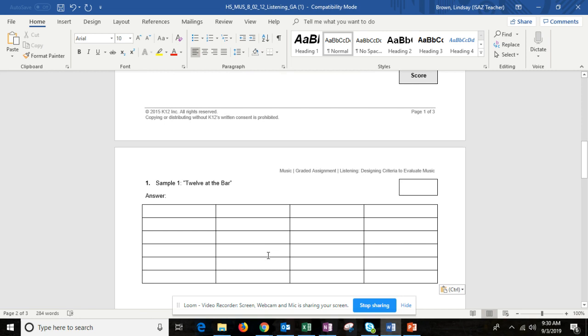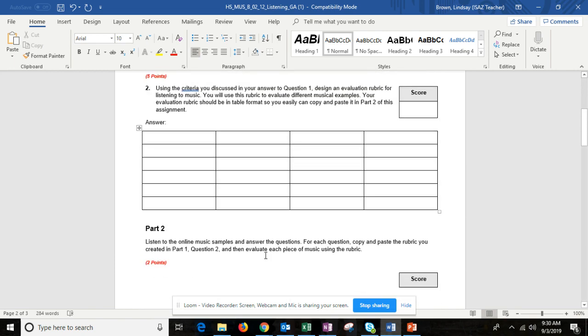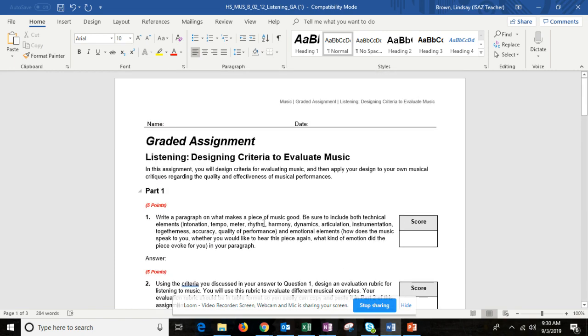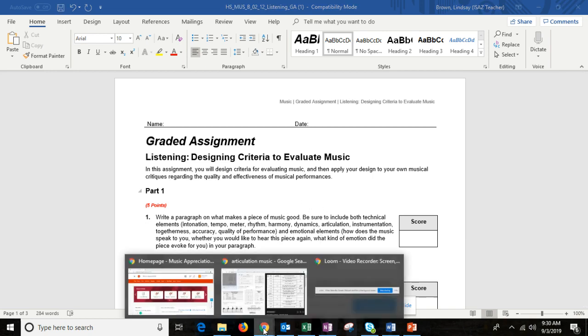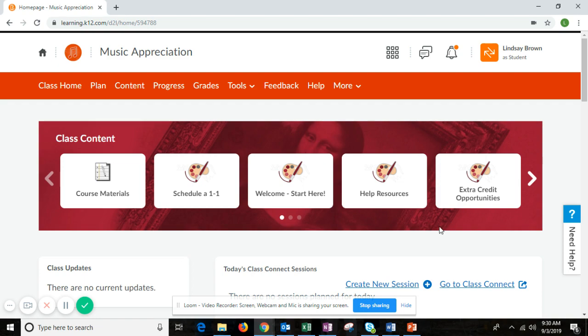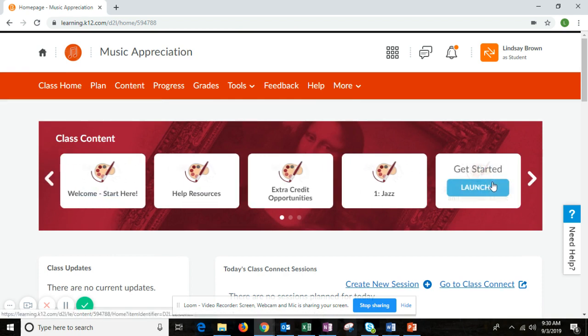Yours does not have to look exactly like the example. In fact, you need to make it your own so that it is relevant to what makes music good to you. Okay, so last I want to go into the course and look at the assignment and where the listening samples are. So if we go to Unit 2,